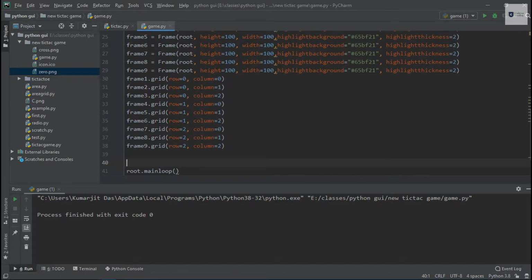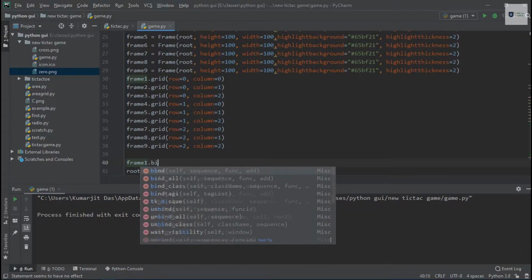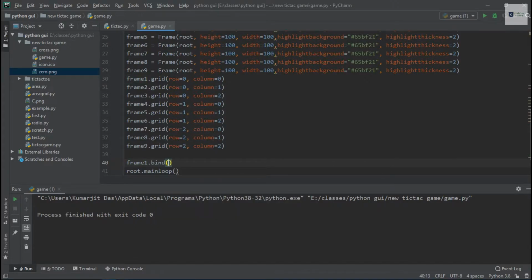So let's bind this. frame1.bind, and in the first parameter I have to mention the event name. This is going to be Button-1. Button-1 is the left click event. When we click on any frame, we will obviously click the left button.